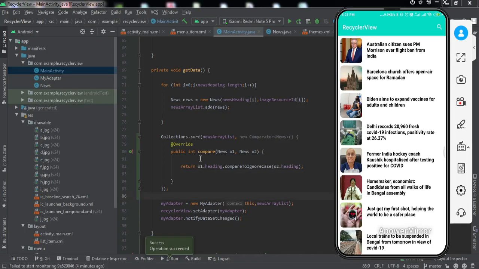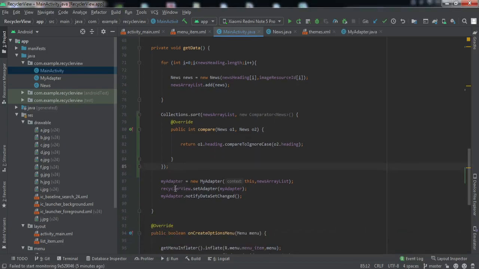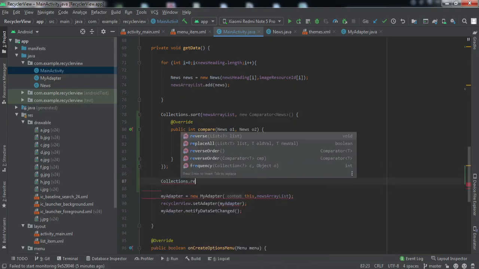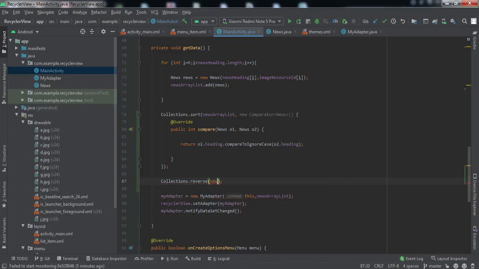Now what if we want to display all the items in reverse order? We just want to reverse this order. Then we have another method in our Collections framework. For example, here our list is sorted in ascending order. Then we can use Collections.reverse and just pass the list. So now the list will be in descending order. This is how you can invert your list.